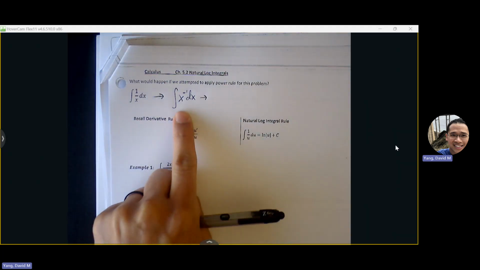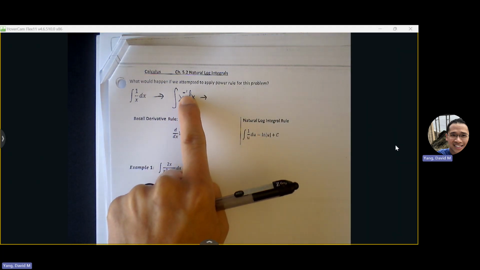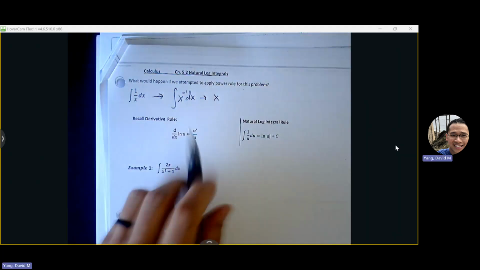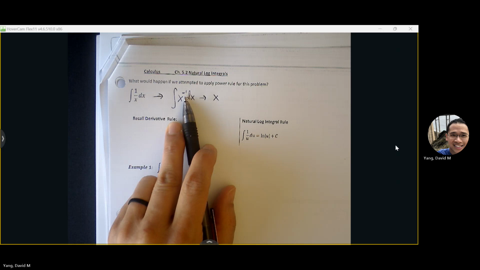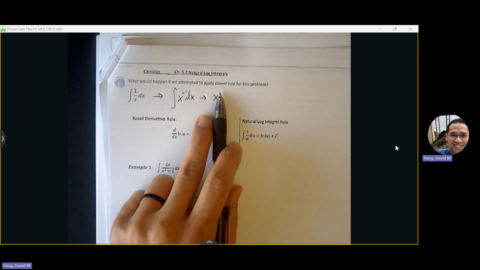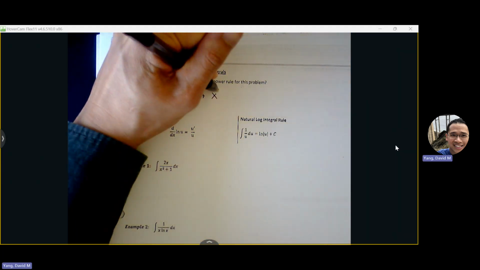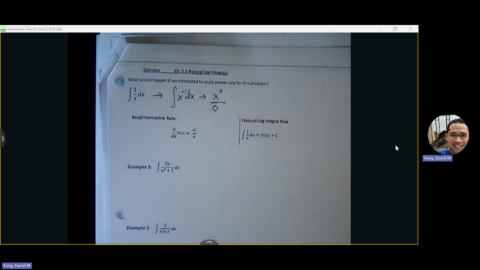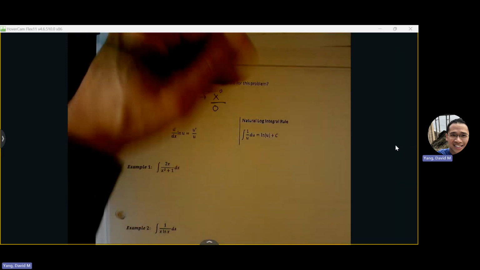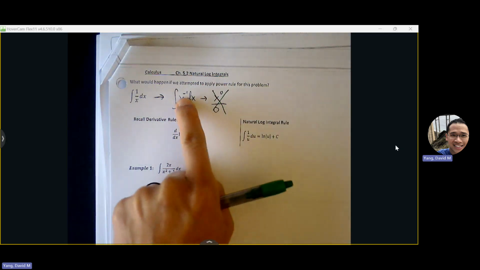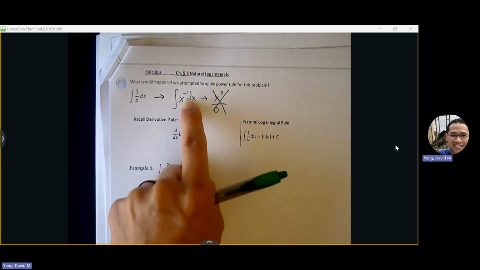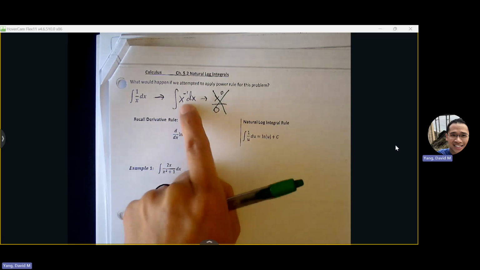And what happens if we try to do power rule with this particular exponent? This becomes what? X to the what? We add 1 to the exponent, right? So what does the new exponent turn into? 0. But then we put in the denominator what? 0. Can we divide by 0? Can't. So normally, any other power would allow power rule to work. If it's 1/2, negative 1/3, 1/4, negative 2, right? Any power can work, but there's one instance where it fails, and we have a special rule for this one